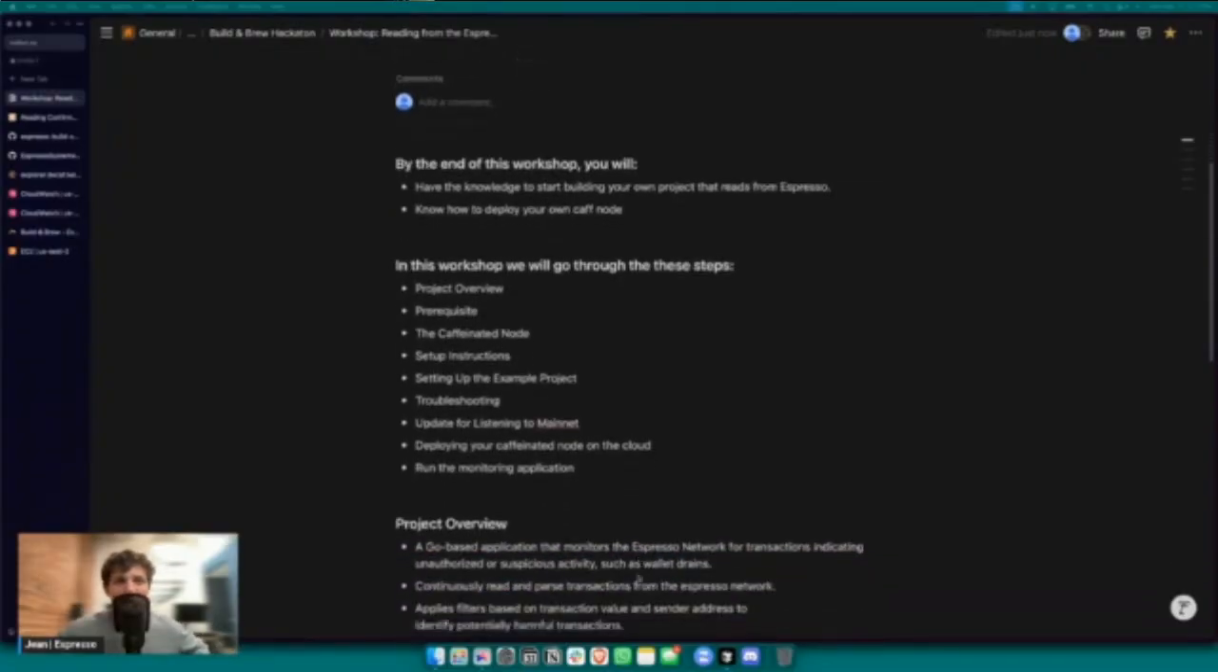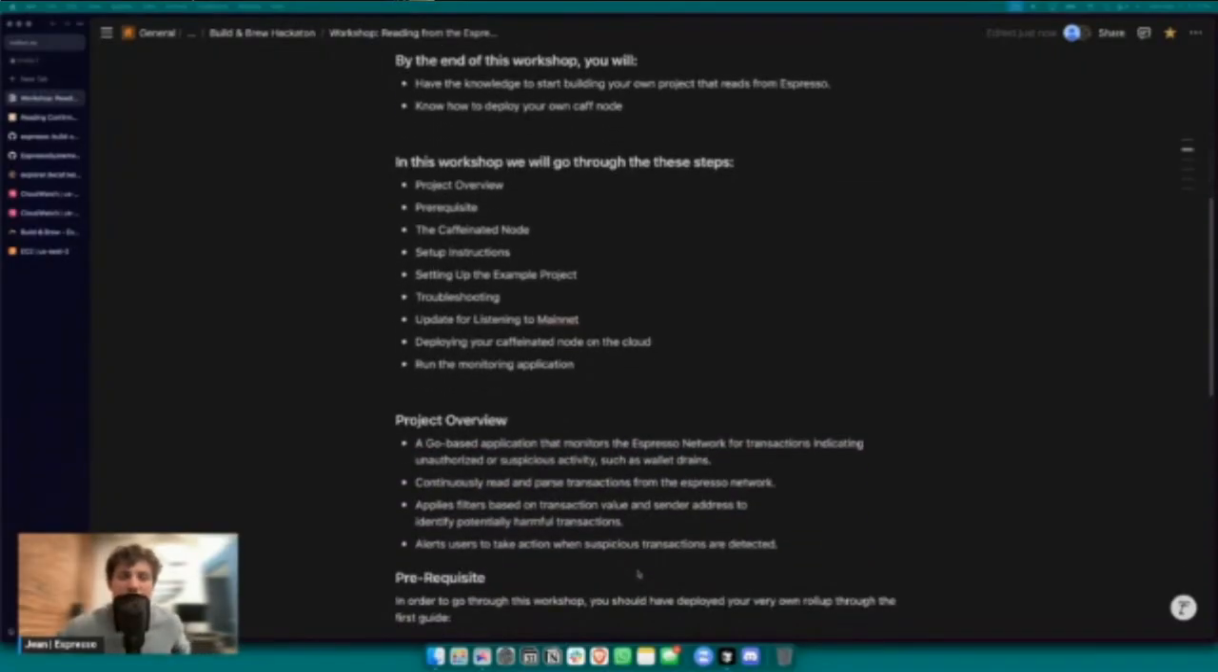So, a quick project overview and what we're actually going to go over. The idea of this application was just to show you how you can benefit from the caffeinated node in order to parse transactions. So we've built this small Go-based application that is going to monitor the Espresso network through the Caff node and monitor specific transactions